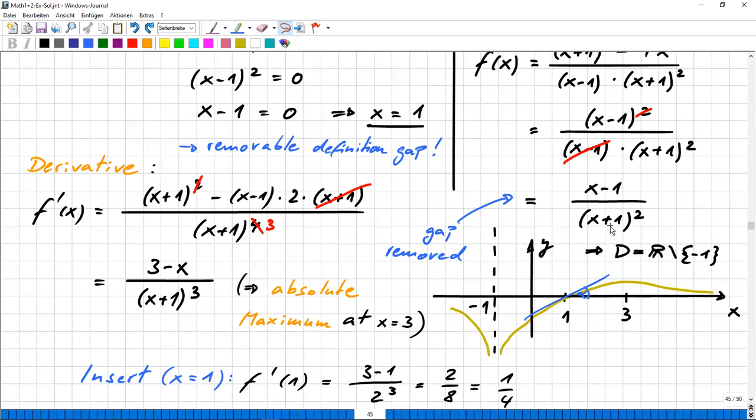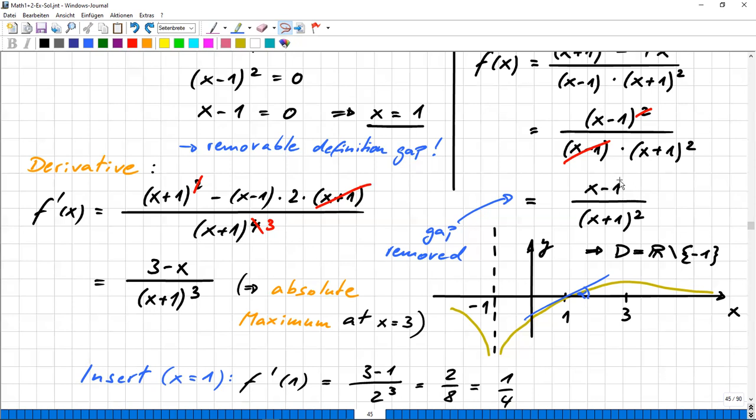I'm using the scheme that I take the denominator term squared. Now, since the denominator term is already x plus 1 in parentheses squared, I have to take x plus 1 in parentheses to the power 4. Here, you see it in black color. And then I use the scheme, take